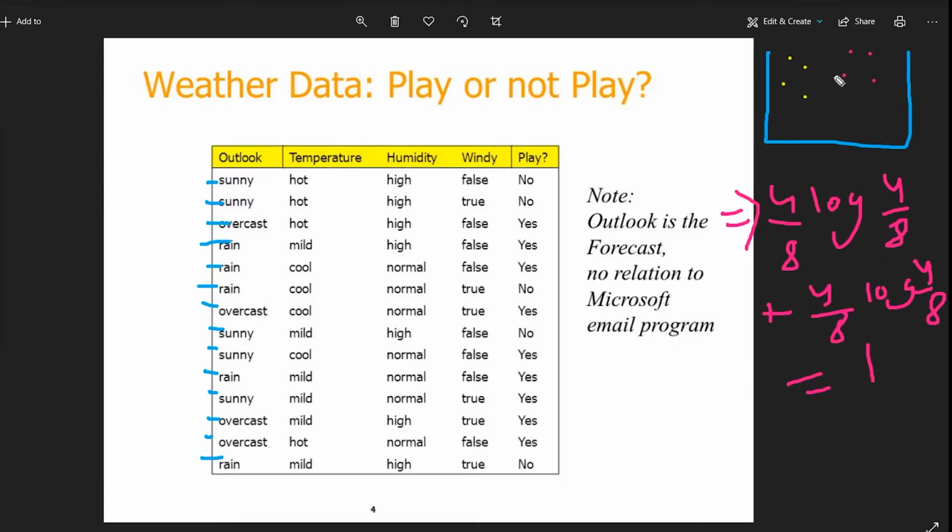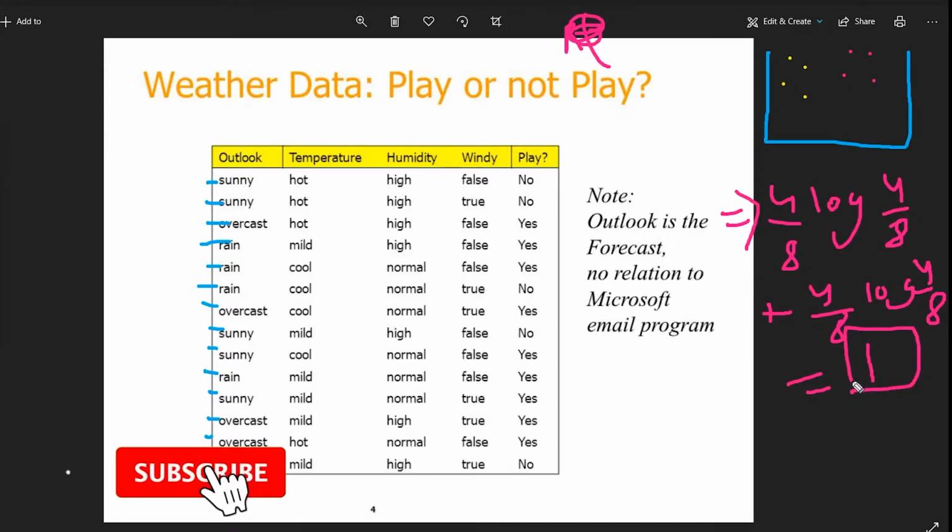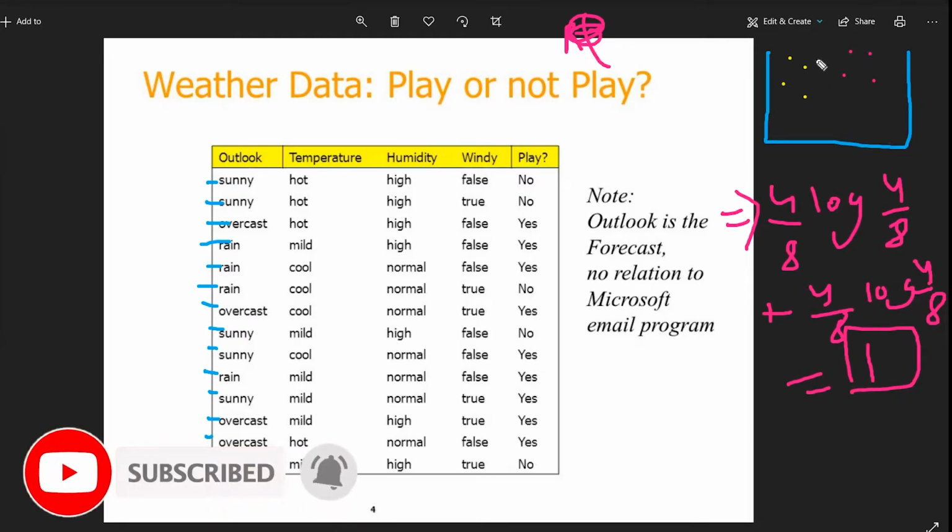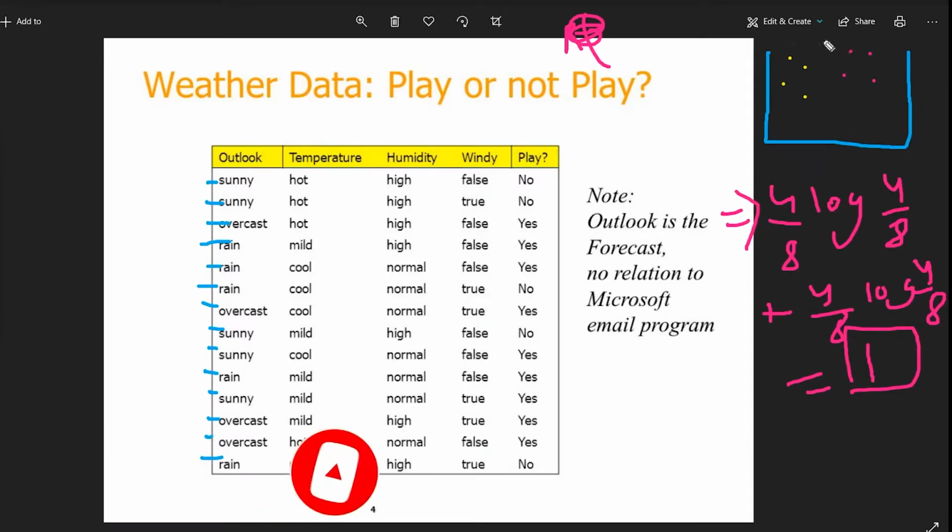So what is the randomness? Basically, as I said, entropy is nothing but the randomness. The randomness can be between 0 and 1. Now as you can see here, we have 4 yellow balls and 4 pink balls. So it has the most randomness because there is a 50% chance of picking up a yellow ball, or a 50% chance of picking up a pink ball. So this is how the randomness plays out.